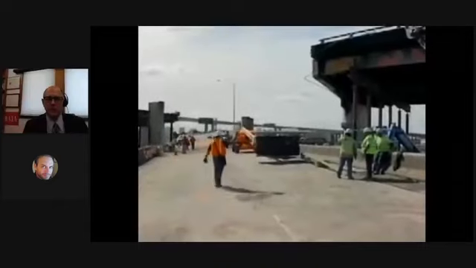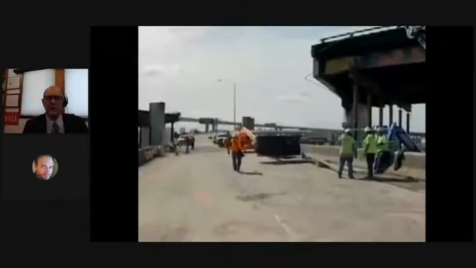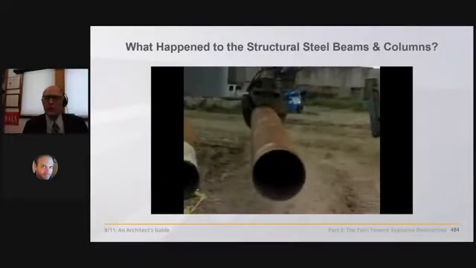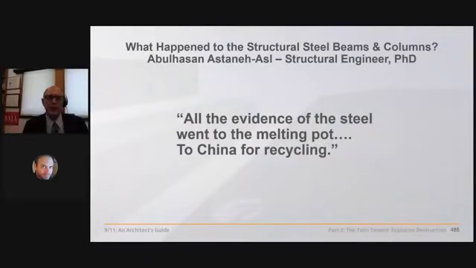After 9/11, a law was passed requiring that such materials be saved for study. Too little, too late, though. That's for sure. All the evidence of the steel went to the melting pot to China for recycling,